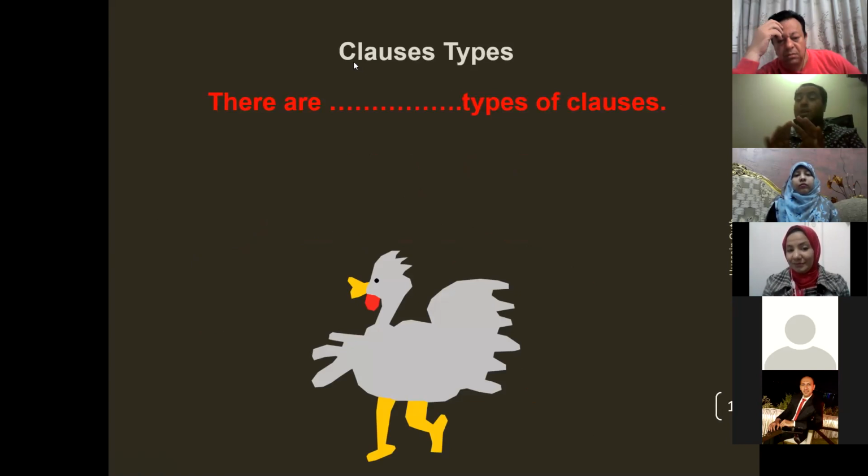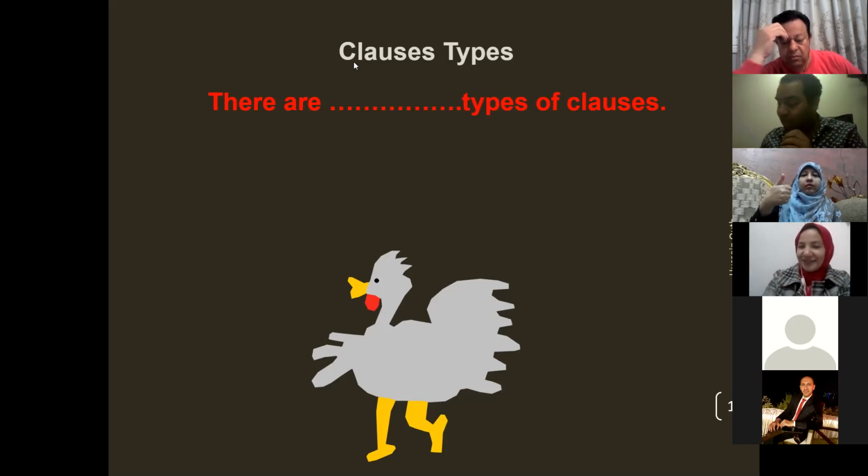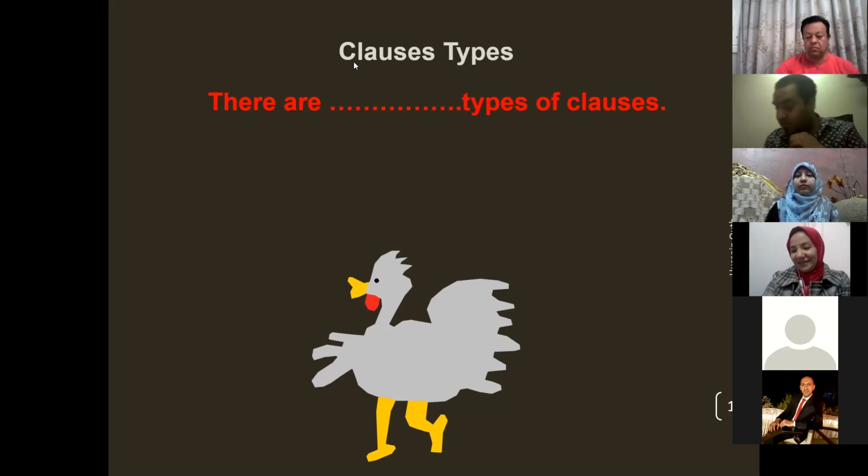Here, we're talking about clause types. I'd like you to define what a clause is. Remind me, what's a clause? A group of words that gives us a complete thought. Perfect. Do you agree with our sister, guys? Just thumbs up, clap your hands, or type in the chat. Okay, mashallah, you have many fans, sister. So it is great to know that a clause is a group of words that makes sense and gives a complete idea or a complete thought.